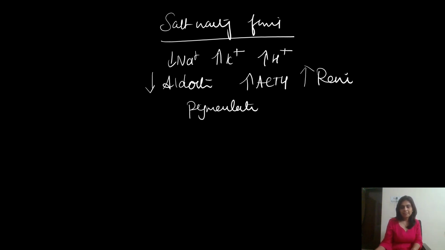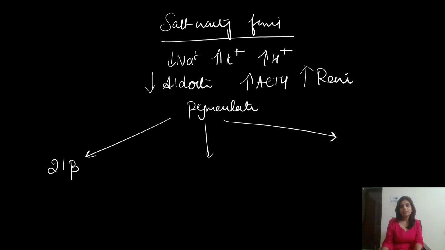So if you find this clinical picture, you would suspect a salt wasting form of congenital adrenal hyperplasia, and there are 3 possibilities under this category. There are 3 congenital adrenal hyperplasias which would present as a salt wasting form. One is the most common congenital adrenal hyperplasia, which is 21-beta hydroxylase defect, in which case it will be a classical salt wasting form. Or it can be a StAR protein defect, which as I told you is called lipoid CAH, lipoid congenital adrenal hyperplasia. Or it can be 3-beta hydroxysteroid dehydrogenase defect.